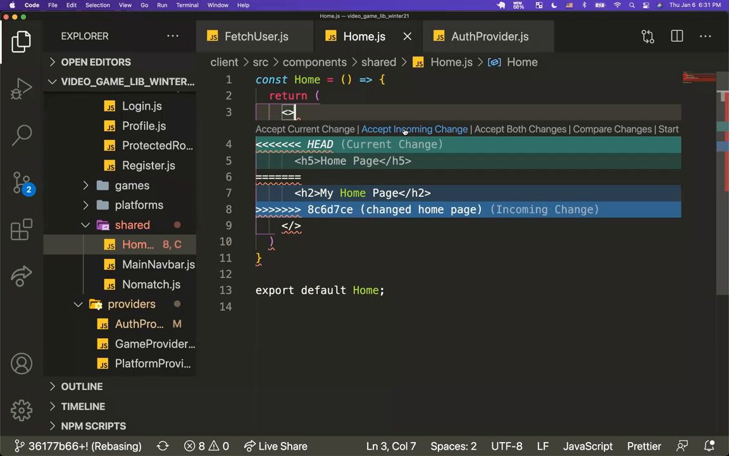So that will be the change that you are pushing into GitHub. So that will be the changes you have on your machine. You can also do accept both changes, and then you can also do more stuff with that. But those are the three main ones that you are going to be doing. So let's say in my case, I want to accept the incoming change, then I would press that or current